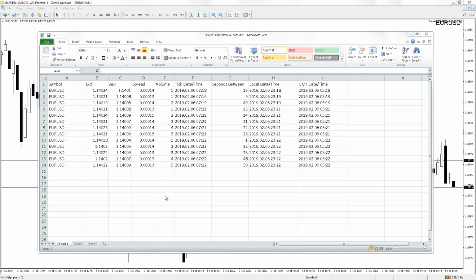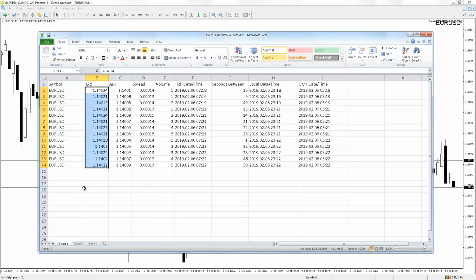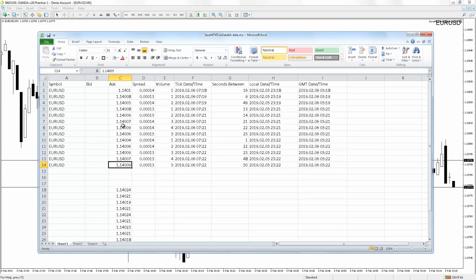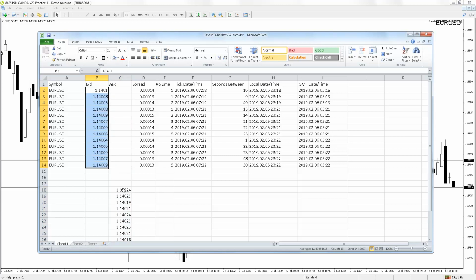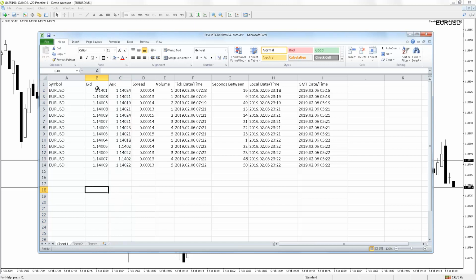As you can see right here, this is the data that was coming out originally, and the bid should always be smaller than the ask price. So really, if we just do this real quick, this is what the data should look like. So there we have it. That's the bid, the ask. And again, the ask is always going to be bigger. So the bid price,